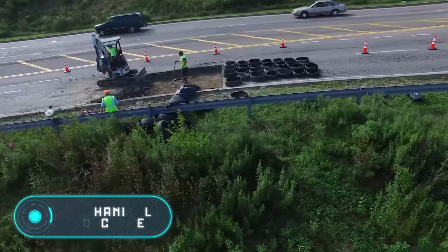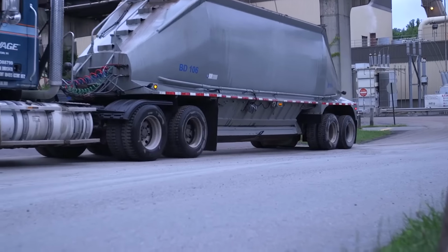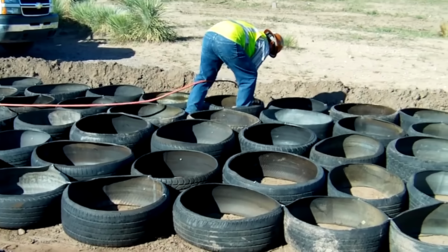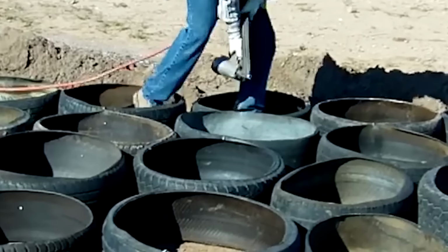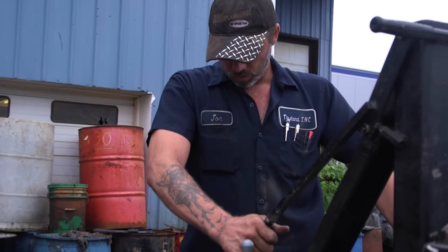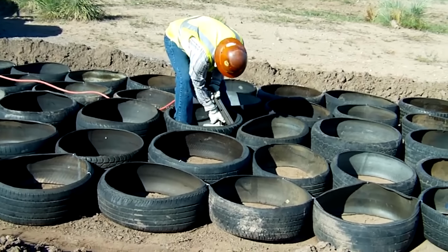Mechanical concrete. A few years ago, American civil engineer Samuel Bonasso came up with a fundamentally new road construction technology. In 2016, the American Society of Civil Engineers recognized it as the most environmentally friendly construction method, and here's why. The problem of tire recycling in the modern world is very serious. Annually, every major city